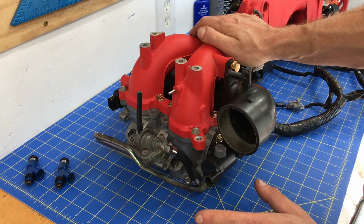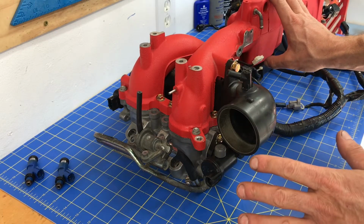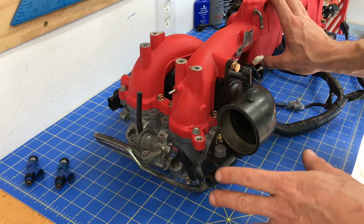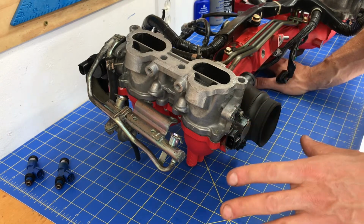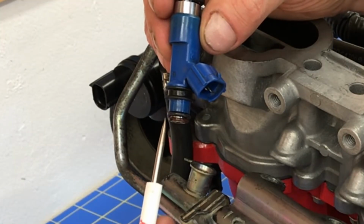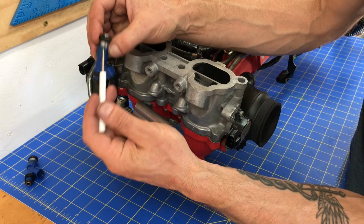Okay guys, I'm going to walk you through installing these fuel injectors on the right side fuel rail. Now to make it easier for you guys, I'm actually going to flip this intake manifold over, but if you're going to change your fuel injectors in your car, you definitely can do it with the intake manifold right side up. This way, with the intake manifold upside down, I think you guys can actually get a better view of how you slide these injectors into these fuel rails. We're going to slide this side with a small little O-ring into this little hole in your fuel injector rail. And then this side, with that large donut O-ring, that's the side that we're going to slide into that hole